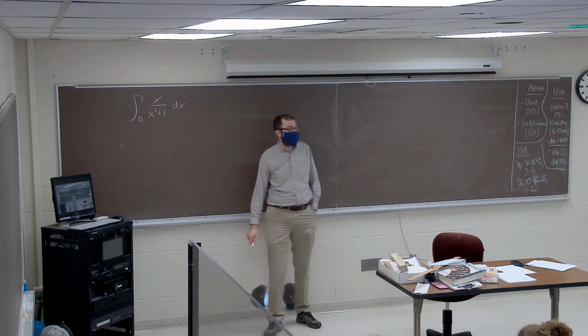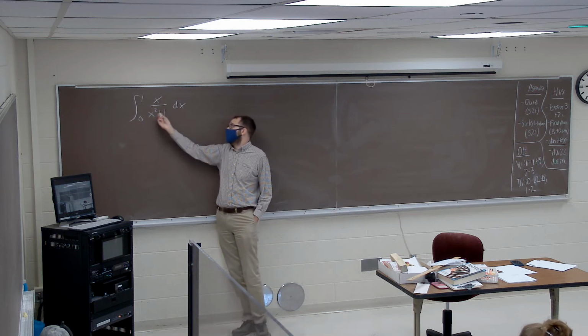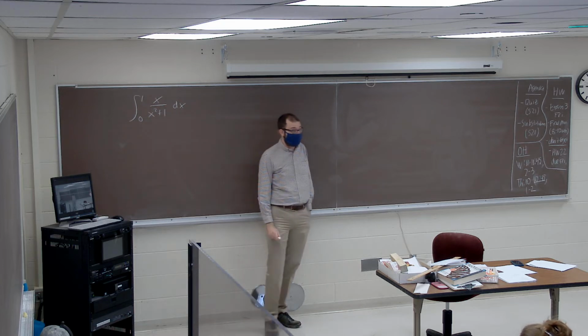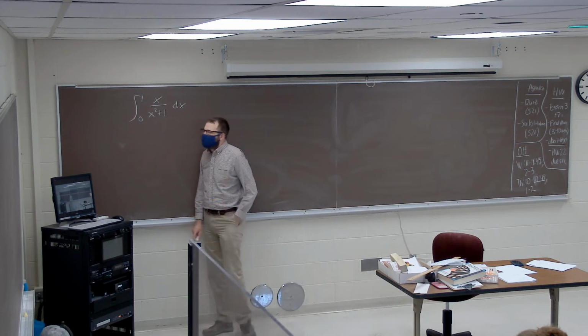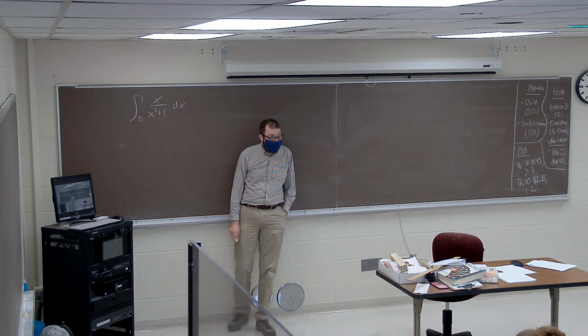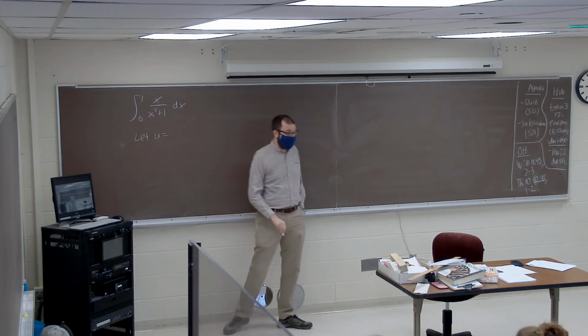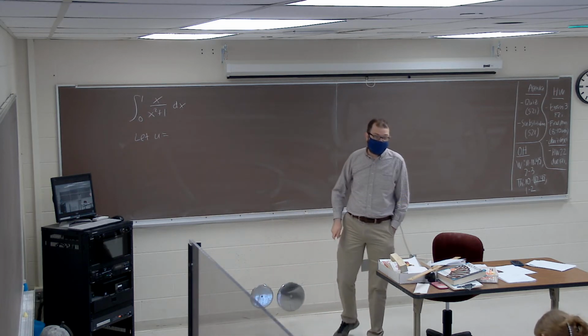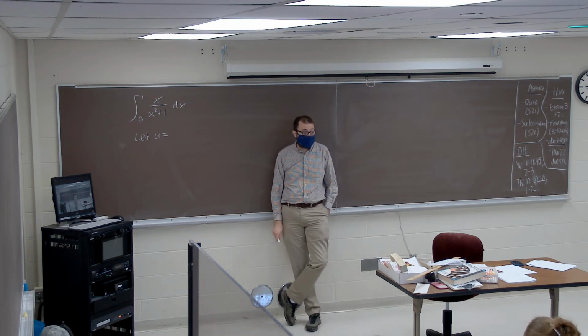There's just a slight tweak to it that makes it so there's a couple of methods you can end up using in order to get to an answer in the end, which is what is the area underneath this curve, x over x squared plus 1, from x equals 0 to x equals 1. So to start with, we're going to do the same thing we did with the indefinite integrals. We're going to let u be equal to something in a way that will make our problem a little bit easier to work with. Does anybody have an idea for what a good choice of u might be in this one if we wanted to integrate x divided by x squared plus 1?